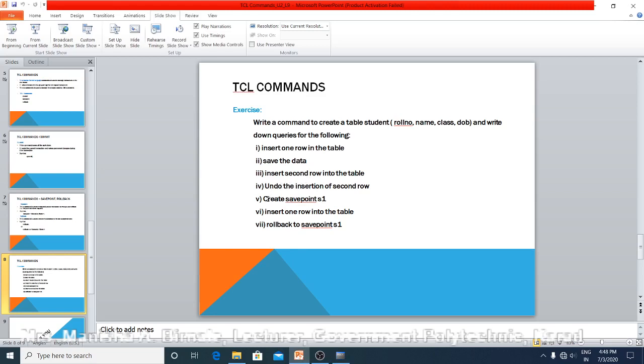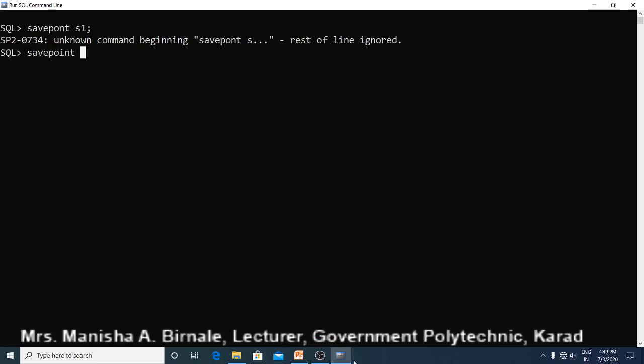Now next what we have to do? We have to create a save point. For creating a save point, we have to use which command? We have to use the command savepoint and the name of the save point is S1. Save point S1, so the save point is created.